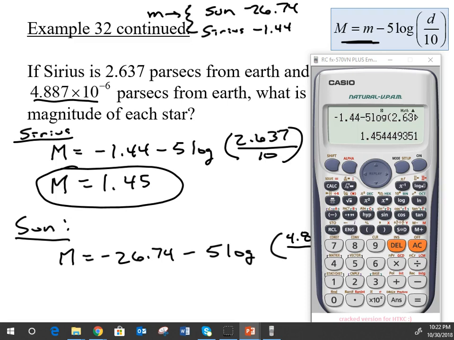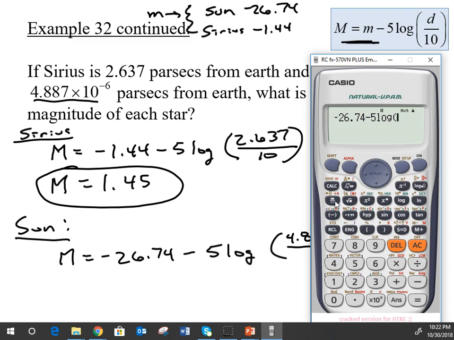So then we're going to type that into the calculator. Negative 26.74 minus 5 log,